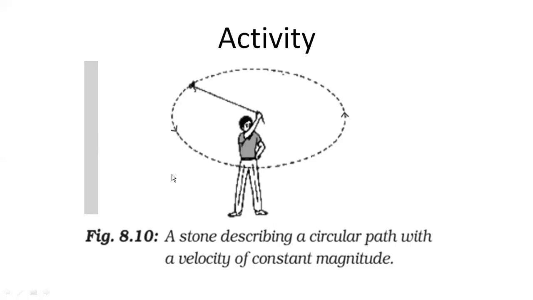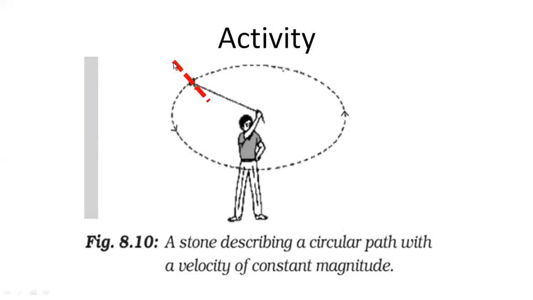So we just want to know what will happen if we cut this thread, ठीक है, if we cut this thread, what is going to happen? That is what we are trying to understand. So first thing, I have used red markings here to mention that I have cut this thread. If I cut this thread, this stone is going to move in this direction, because see how the stone is traveling, it is anti-clockwise. Even though it is anti-clockwise, it is still circular motion, ठीक है. Circular motion doesn't mean that it should always be clockwise. It can also be anti-clockwise, any direction. It just means that it should be circular.